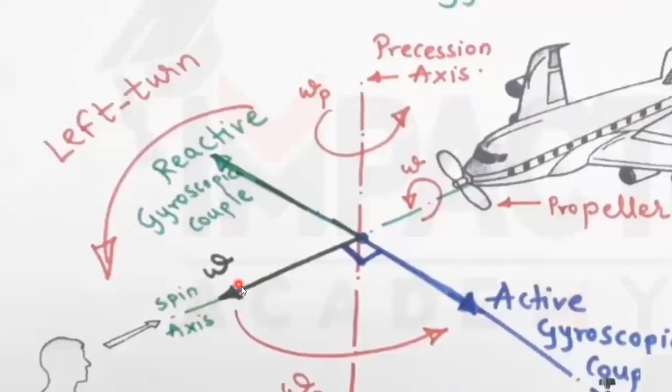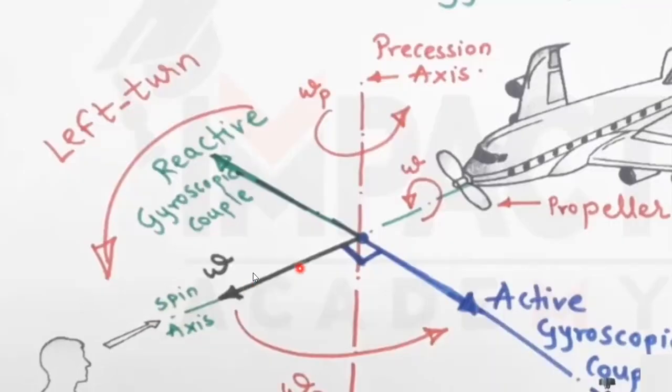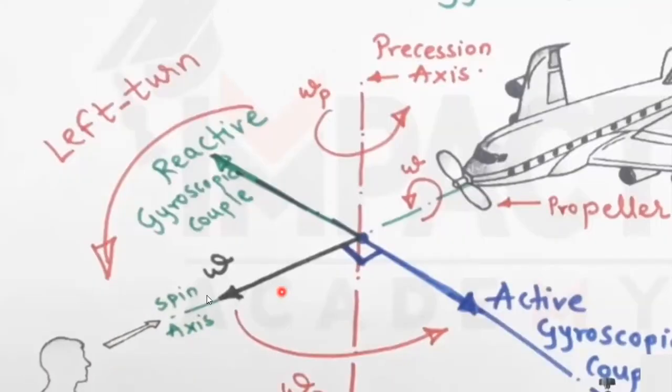So just keep your right hand, that is, the thumb of your right hand should be pointing towards the arrow, and just keep the hand like this, so that this arrow will be denoting the thumb of your right hand. Just keep your right hand along this line of stroke, so that this thumb will be pointing towards this omega, angular velocity, and this axis is called the axis of spin.